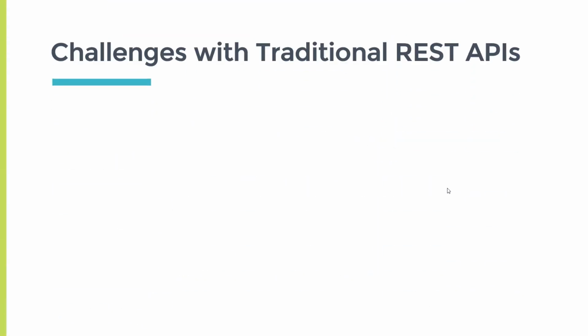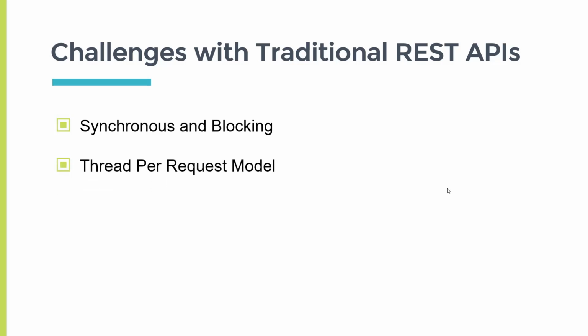Now, let's summarize the challenges that we have seen so far with the traditional REST APIs. The first is it's synchronous and blocking. The second is it uses the thread per request model, so there is a challenge to handle a lot of concurrent requests at the same time. The third one is it's not supporting back pressure. So remember these challenges because this will help you to determine when to go for reactive programming and Spring WebFlux. This will also help you to identify why to go for reactive programming and Spring WebFlux. So this is back pressure, and from the next lecture, we will jump into reactive programming.